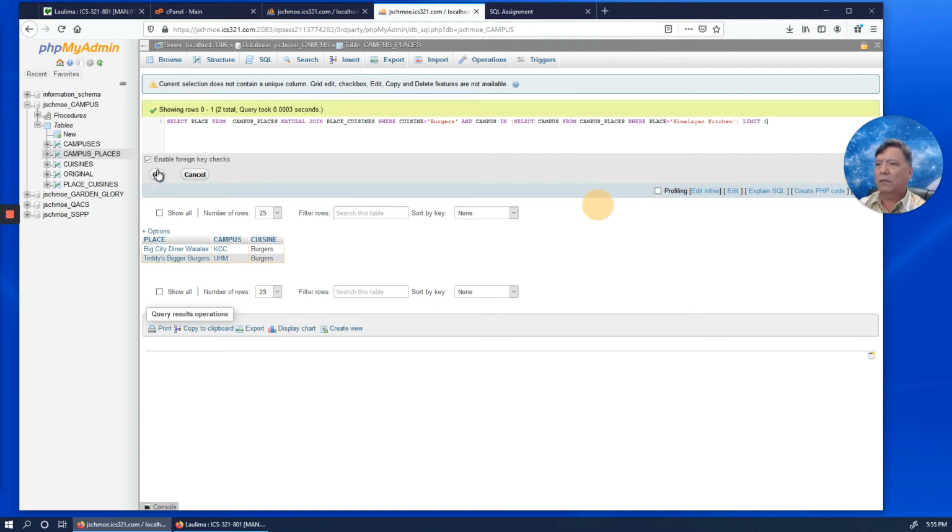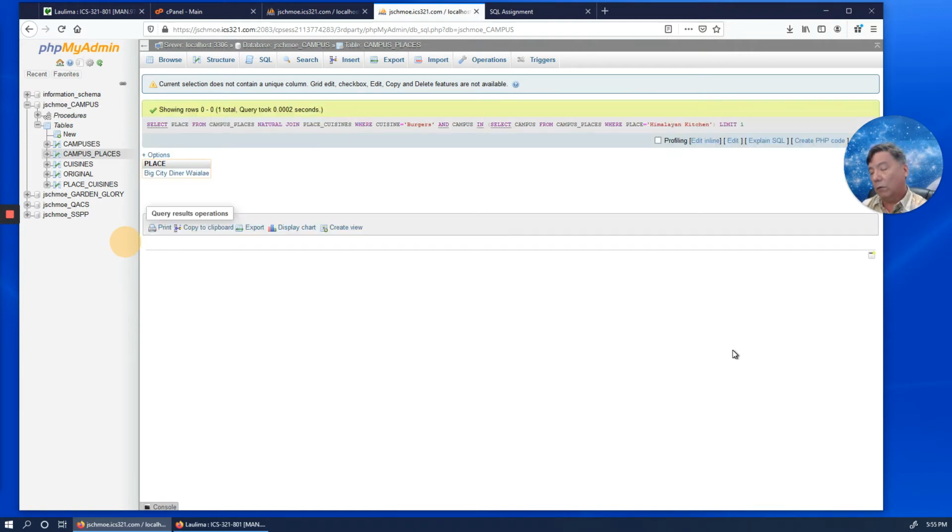Okay, so what does this look like? Boom, boom. Okay, Big City Diner. Big City Diner is a place that causes a problem, because KCC has Big City Diner as a burgers place, and KCC also has Himalayan Kitchen as a favorite place. And so if we change Himalayan Kitchen to a burgers place, we have the conflict.